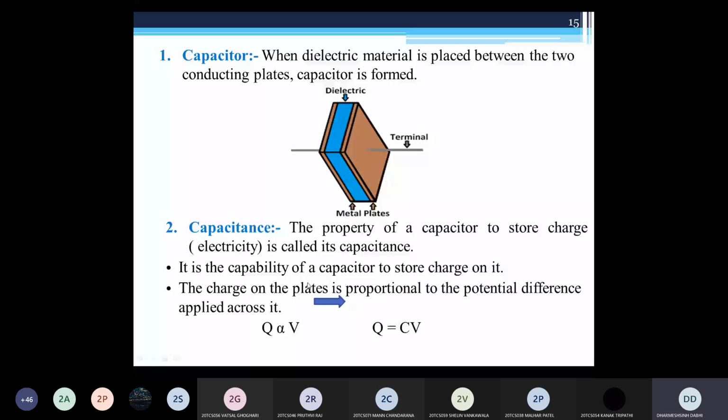All of you got this? Is there any doubt in this topic, capacitor and capacitance? All of you understand the difference between these two? Okay. So, yes, next